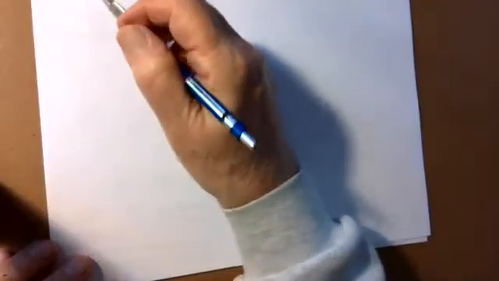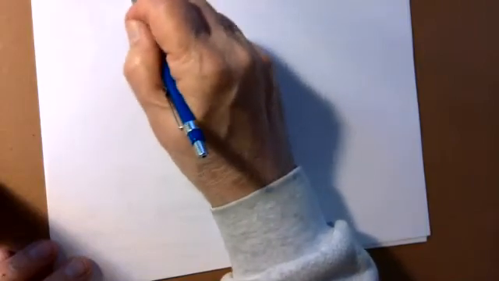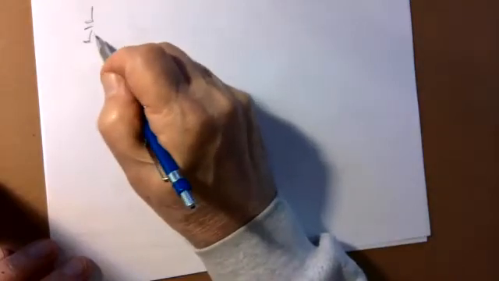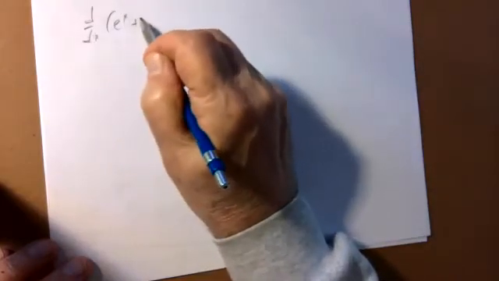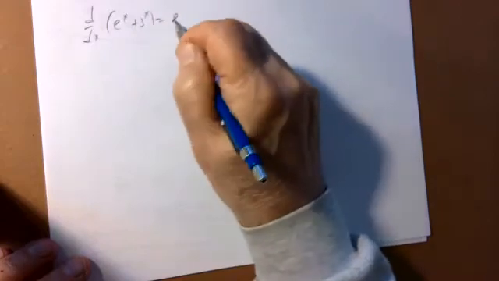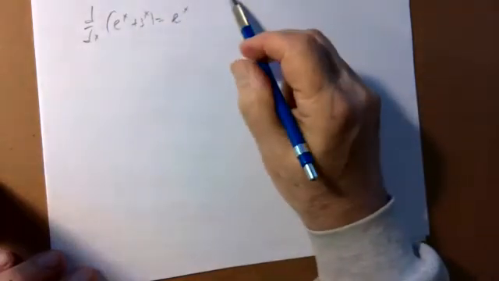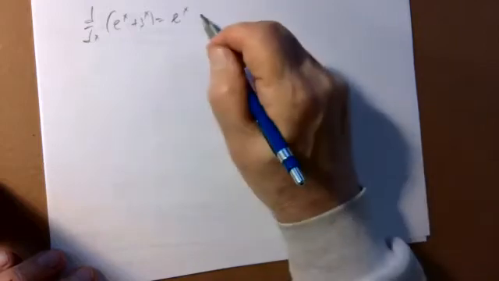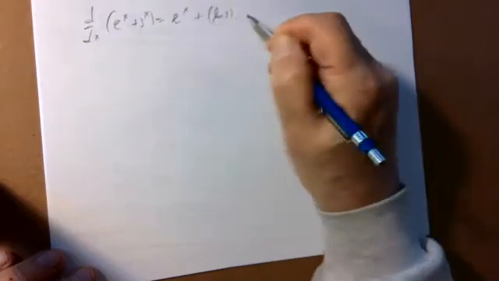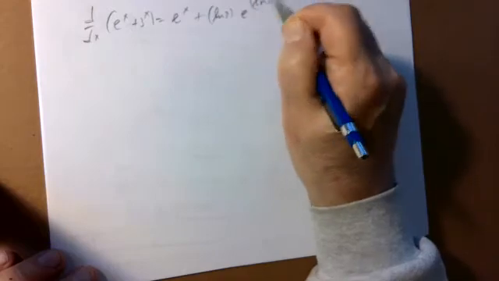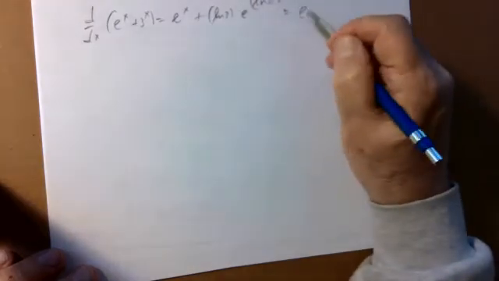One C, we have the function e to the x plus 3 to the x. The way you differentiate 3 to the x, this is e to the log 3 times x. So the derivative with respect to x of e to the x plus 3 to the x: the derivative of e to the x is e to the x. The derivative of e to the log 3 x is log 3 times e to the log 3 times x, which is,